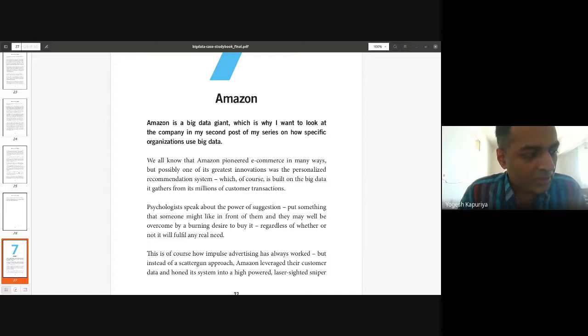Lightsail was introduced for people like you and me. Let's say I am not an Amazon user and I want to start with a machine or virtual machine, I want to host my website or something personal. So I want to buy these online machines. EC2 just gives you a plain machine.